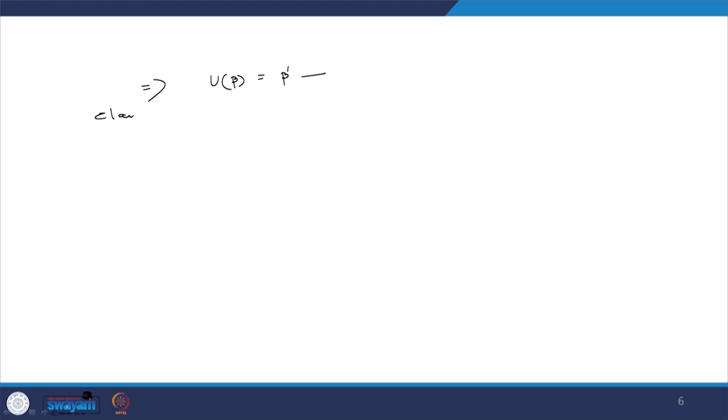Claim: U is a linear operator. We have, for any gamma and beta belonging to V, and c belonging to the corresponding scalar field,